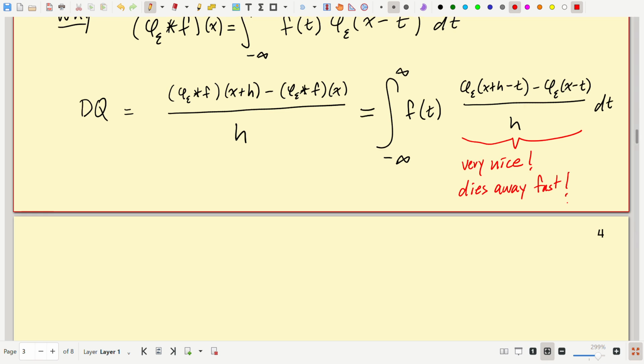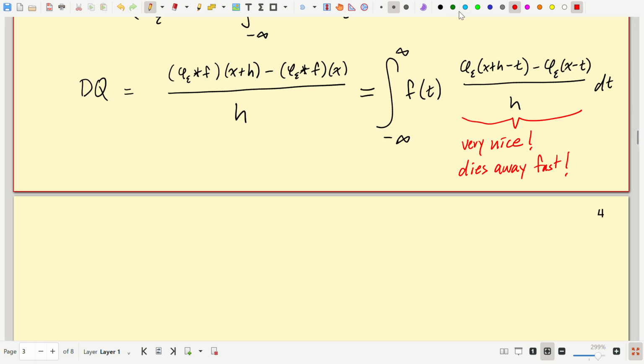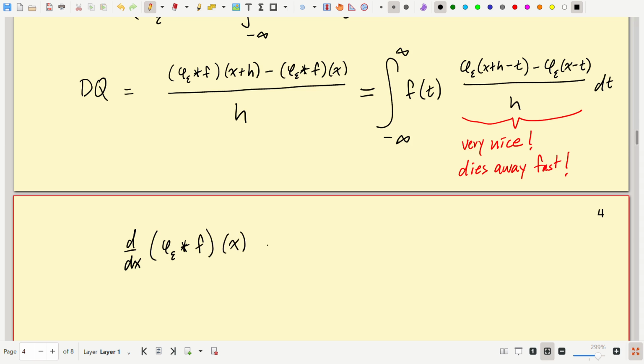Which means that that integral is going to tend to, so we see that d by dx of phi epsilon convolved with f at x is equal to